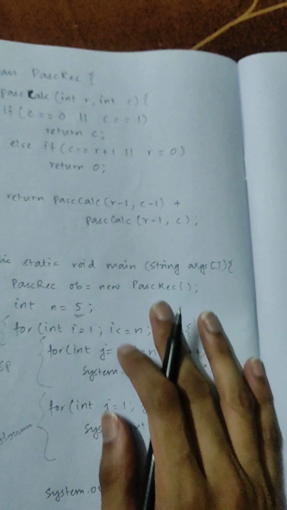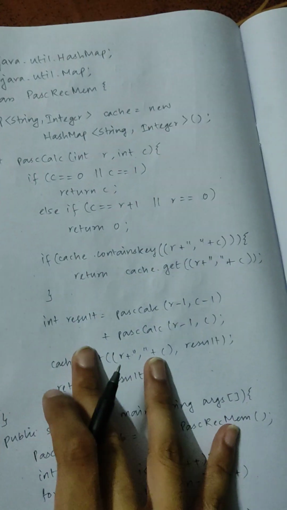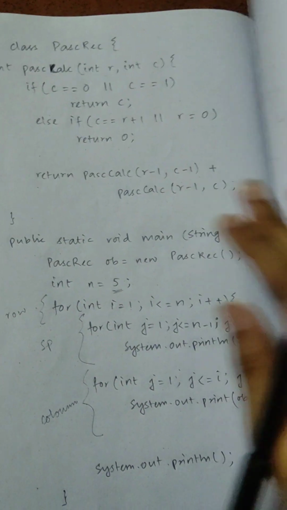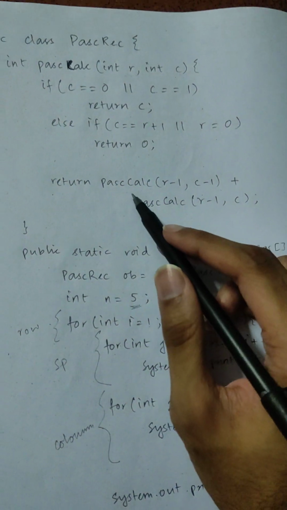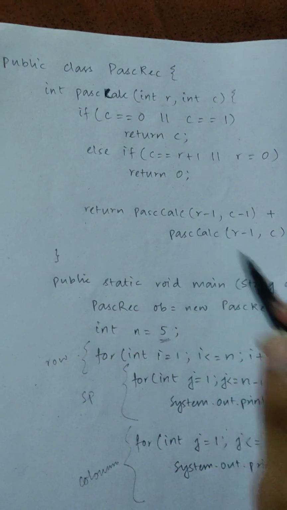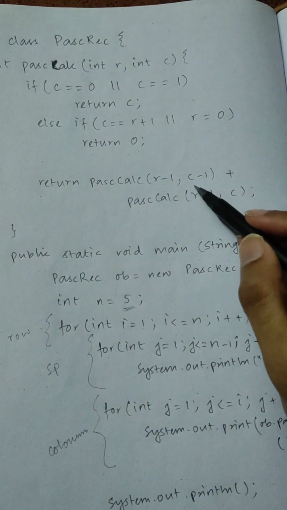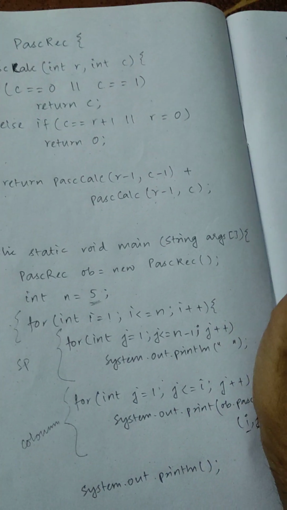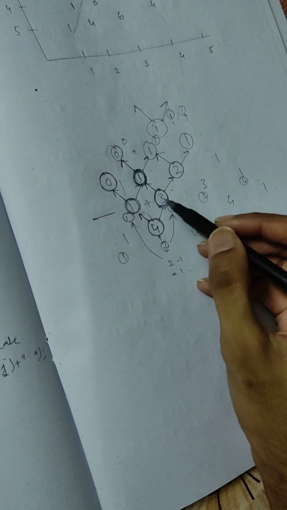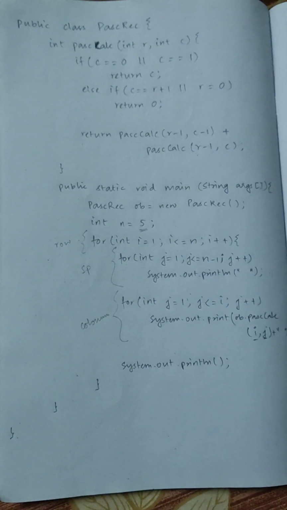I think I am making this a bit complicated, but I think you can understand. I am trying my best to make you understand. So basically, to find the value of the previous row, I have done R minus 1 and C minus 1 plus R minus 1 and C. In this way we are basically traversing in this method. So in this way I have done the recursion,